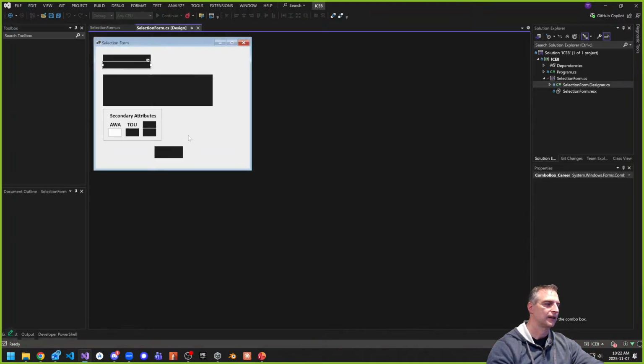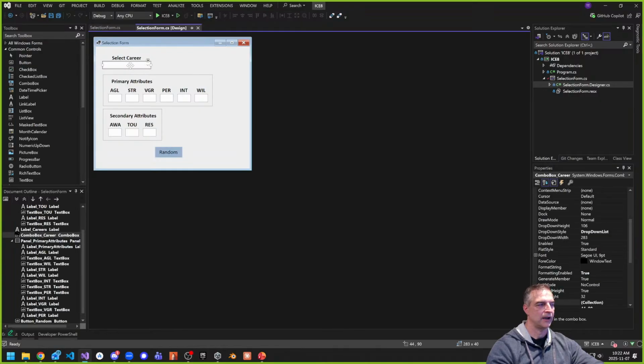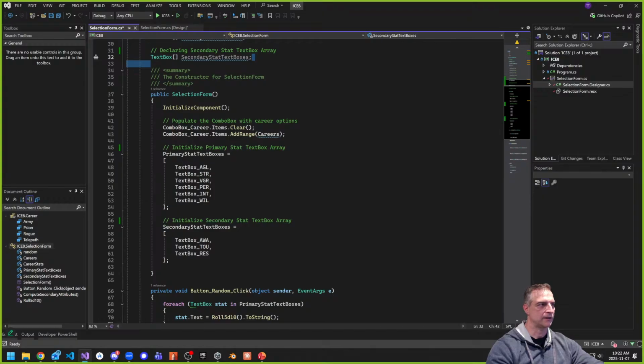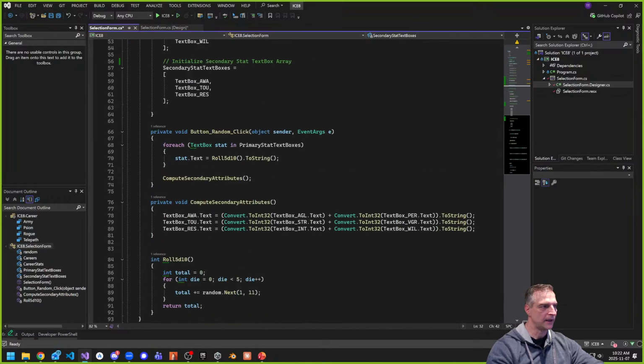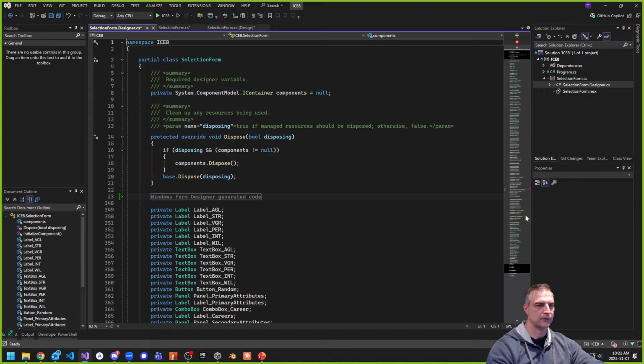I haven't done that yet. To do this, there's two ways. Remember, I could double click on my drop down, my combo box. If I double click on here, it'll generate that event, right? Or I can just double click here on selected index changed, and it'll do the same thing. If it doesn't create the event for you, it'll list it inside of your selection form designer. So here's my event